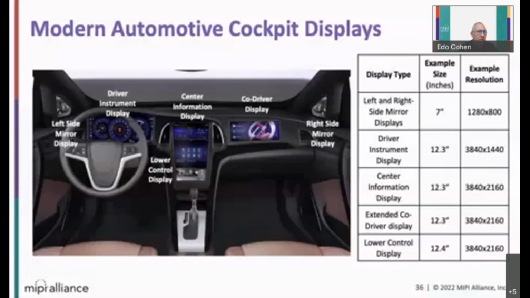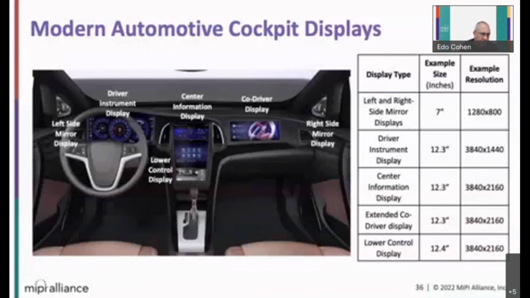Going forward, the second use case that was in mind for the work group is to support the modern automotive cockpit, and specifically the cockpit displays that are reaching more and more higher resolutions, getting more and more displays, either separate displays or single large displays.